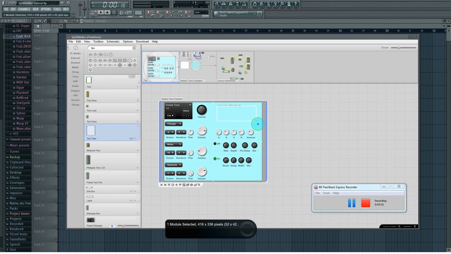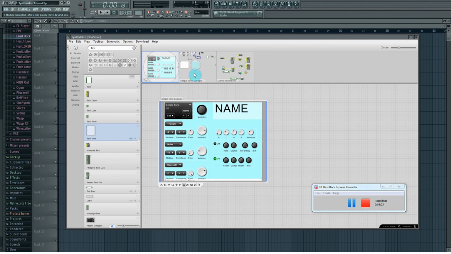I'm going to send this backwards. Oops. Wrong button again. Now I have named the synth,